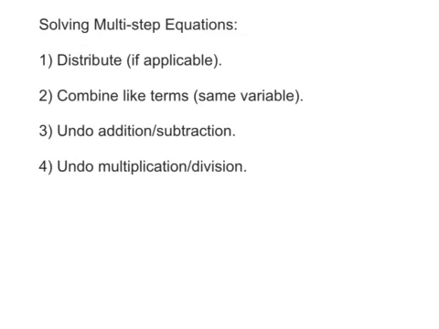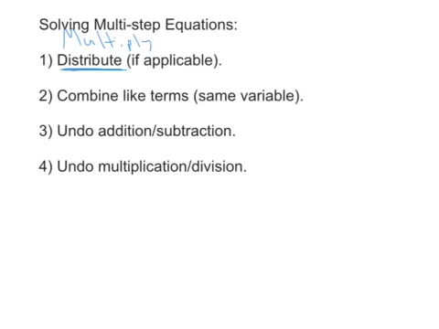Today we're going to solve multi-step equations, and we have 4 different steps that we're going to look at here. For step 1, it says that we're going to distribute. So distributive property is when you have a number outside of a set of parentheses and you multiply it in. So another word for distribute